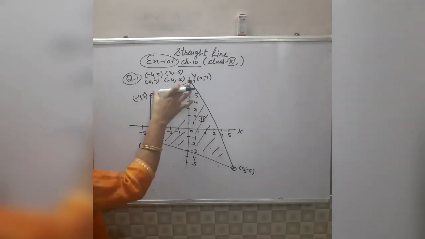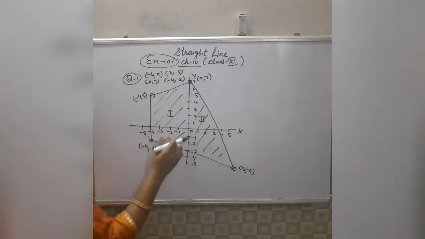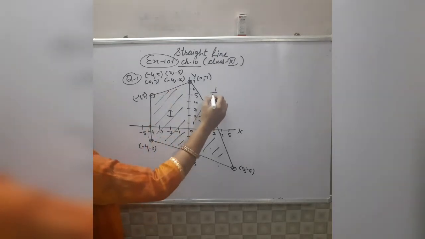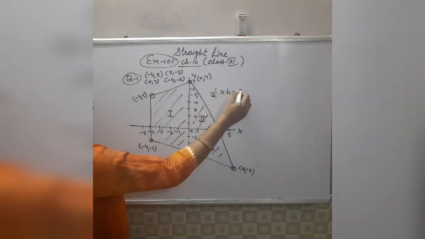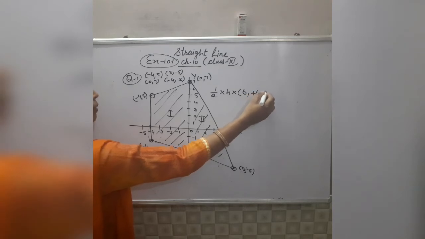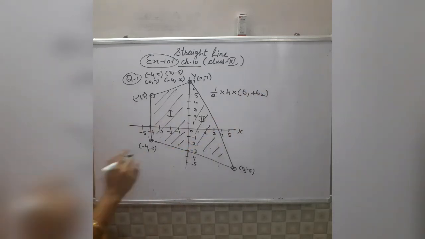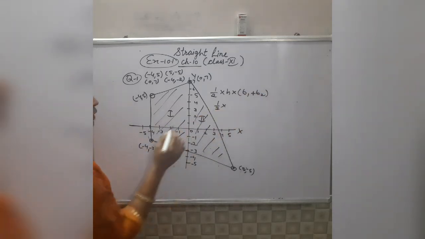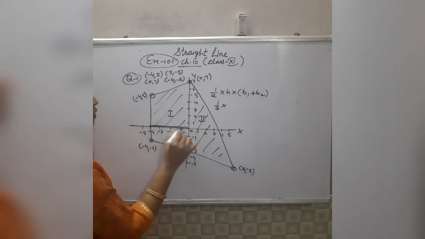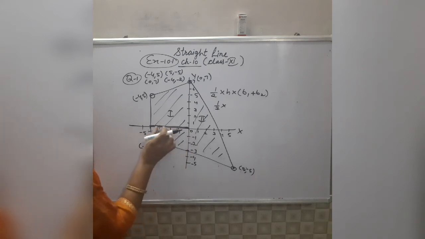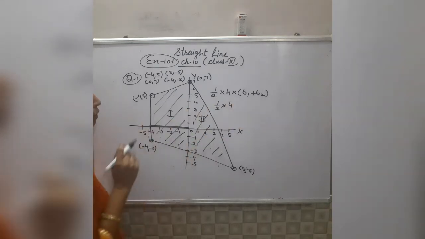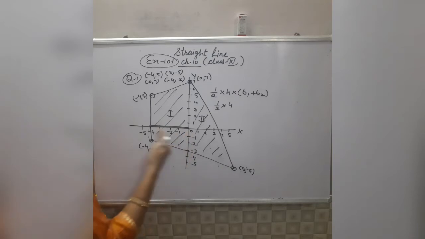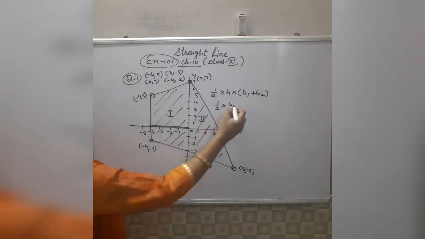This is a parallelogram because these two lines are parallel, and all of you know that the area of a parallelogram is half into h into the sum of its parallel sides. Parallel sides means b1 plus b2. Now see what is the height of this parallelogram. This is the height, 1, 2, 3, 4, 4 units, means h is equal to 4. You will not take negative 4 because height is a length and length is always positive.